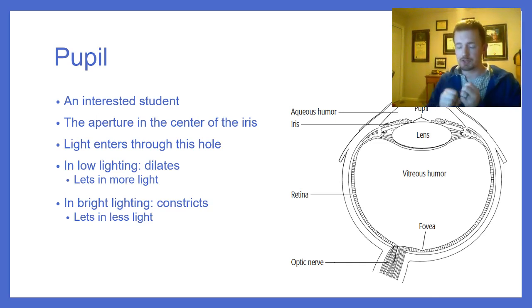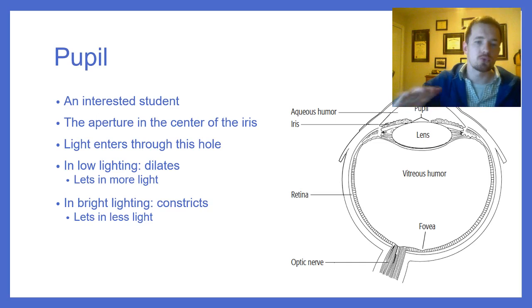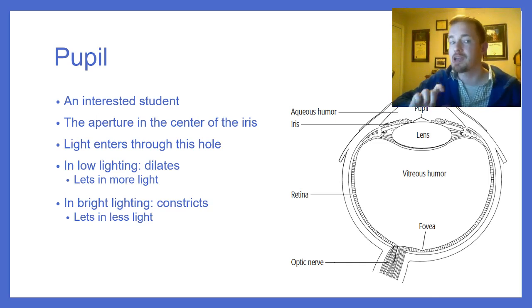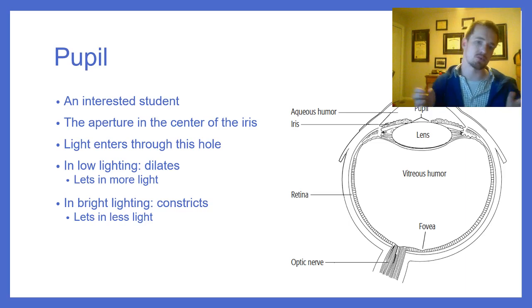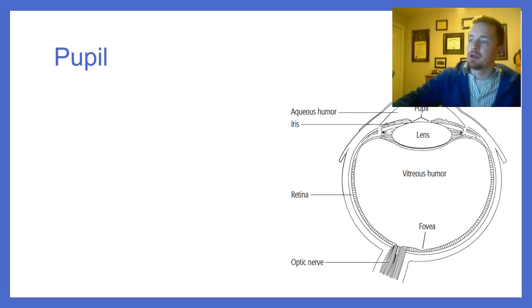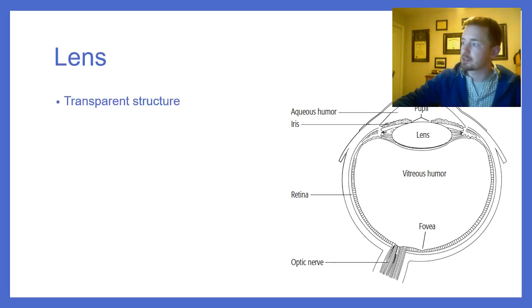And so you're going to shrink those pupils to let less of that in. So you can think of the pupil as doing this, but really you should think about it as the iris doing it, because the iris is what is controlling the size of that pupil. Alright, so let's talk a little bit about the lens. And the lens is going to be the last thing that we talk about before we get to the retina